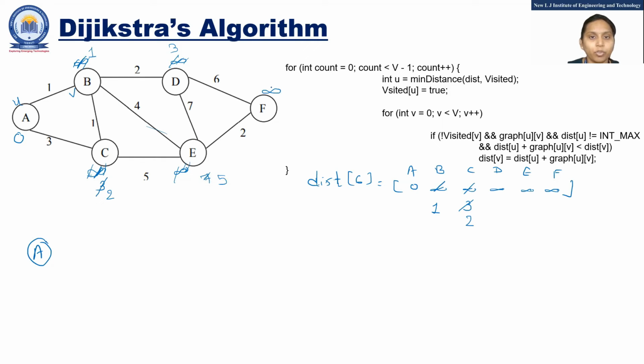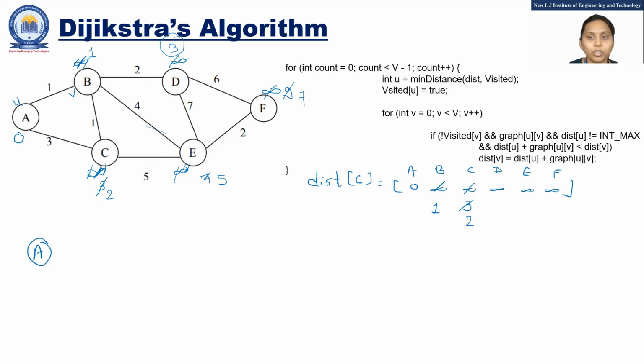Likewise, you can modify for all. Here A, B, D, F. So A to B is 1, B to D is 2. But you don't have to check all this. You directly look at here distance of U plus edge weight, that is 9. So you can update here 9. Right? But here check 5 plus 2 is 7. So it is smaller than 9. So you can update with the value 7.